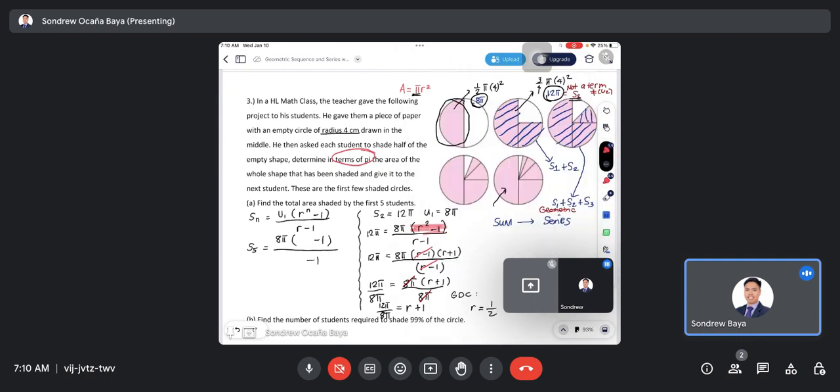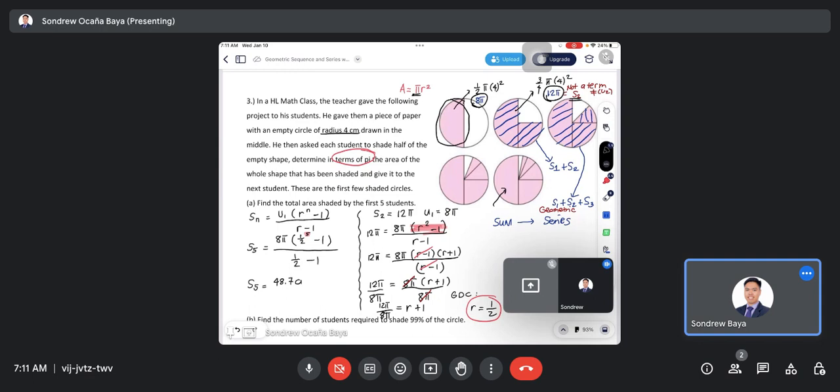So once we have the r already, then we can proceed at solving for the question in A. So r is half, power of 5, and this is also half. Take note it's power of 5 because we have 5 students. So we are just putting it in. So go ahead, use your calculator. So S of 5 is equal to, if you use your calculator here, it will give you an answer of 48.7